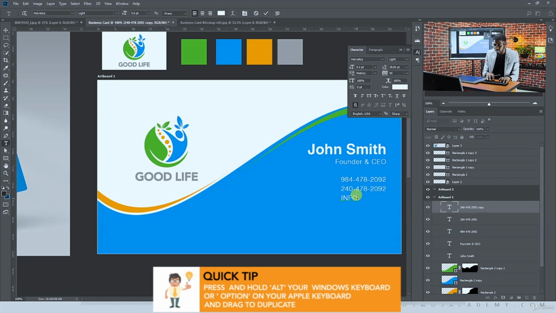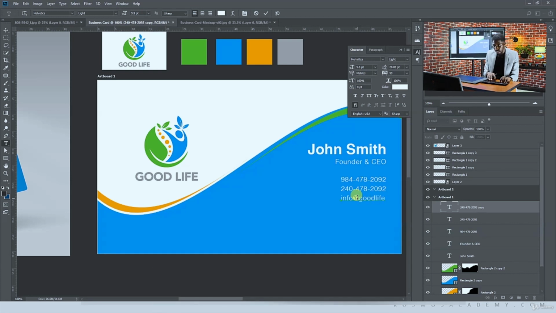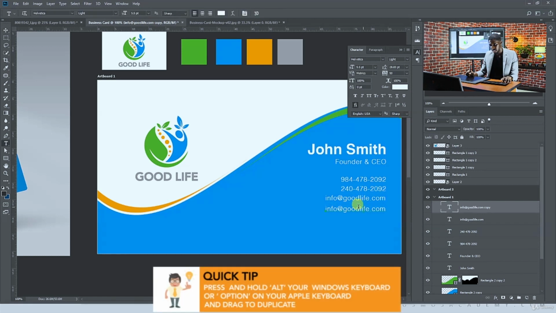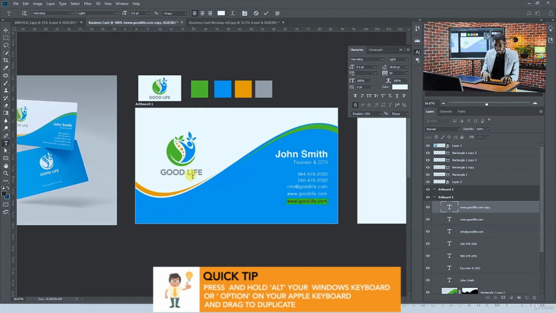So I'm going to make this the email, info, small caps, info@goodlife.com, and there should also be a website, Alt-Drag, and the website should be www.goodlife.com, and Alt-Drag, and there should also be a location, which is